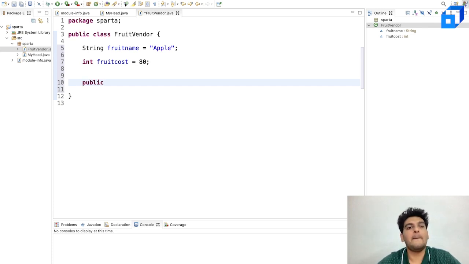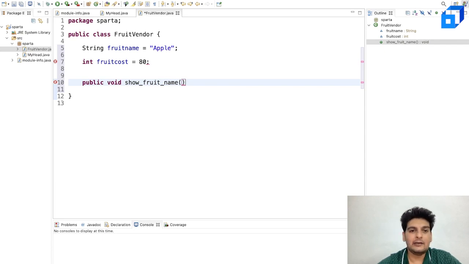I'll make it a public method, public void, which returns nothing. And I'll have two methods over here. One method I'll use to show the fruit name. So I'll have showFruitName, and this will not take anything. This will just print out the fruit name. So this will not take a parameter.